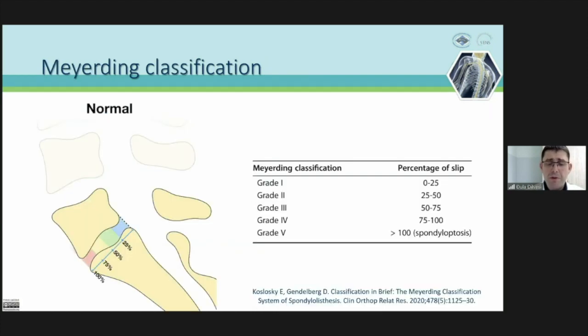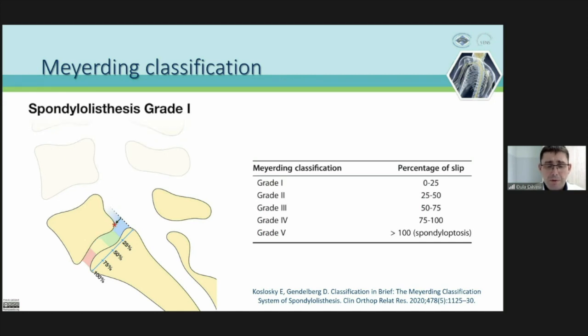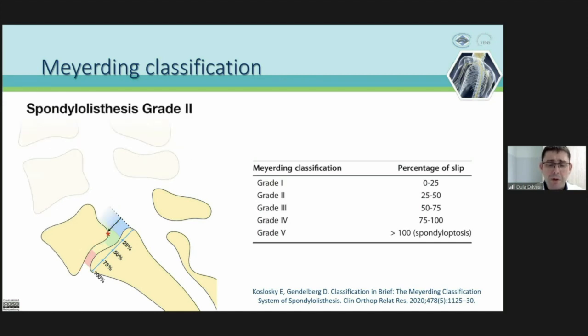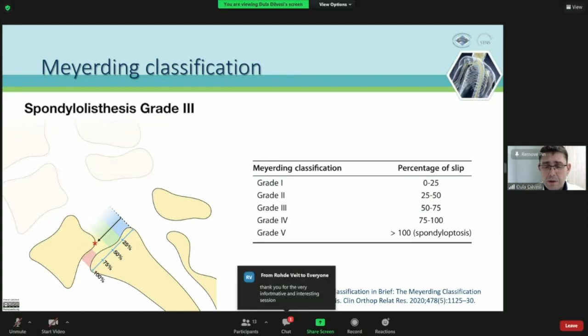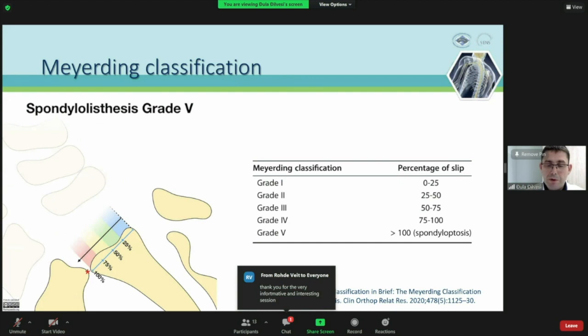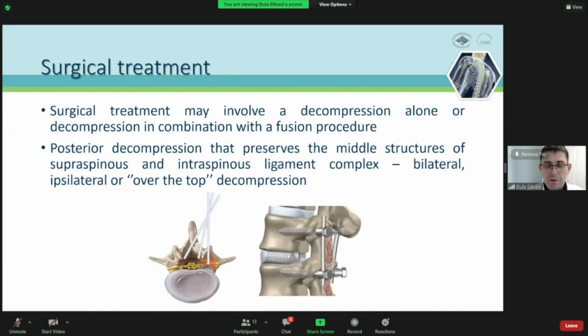Assessment of the severity of displacement of vertebral bodies is made using the Meyerding classification, determined by measuring the degree of slip using standing, neutral, lateral radiographs of the lumbar spine. Grade 1 is generally considered the low-grade slip, whereas grades 2, 3, 4, and 5 are considered high-grade